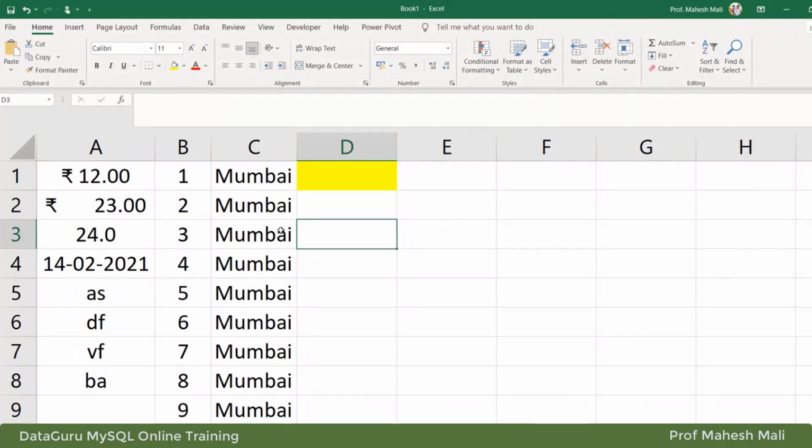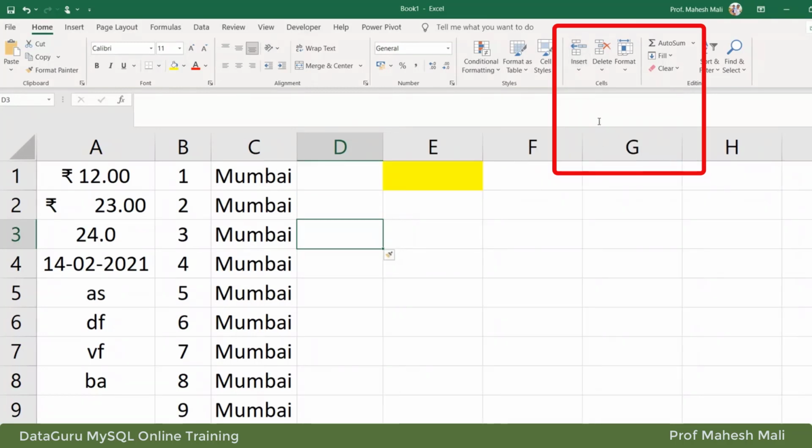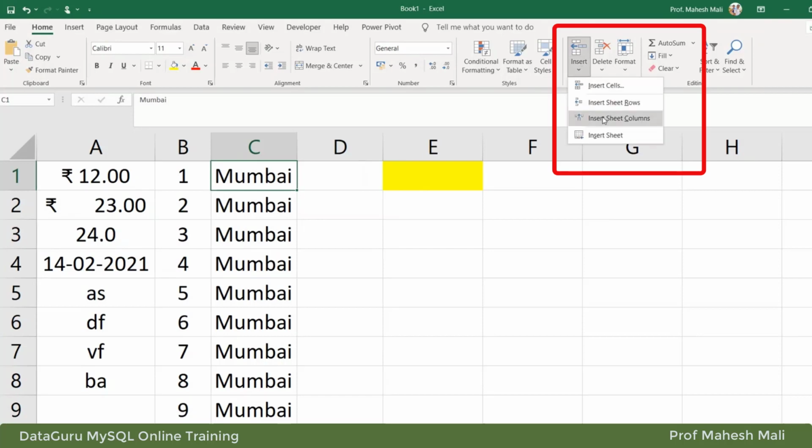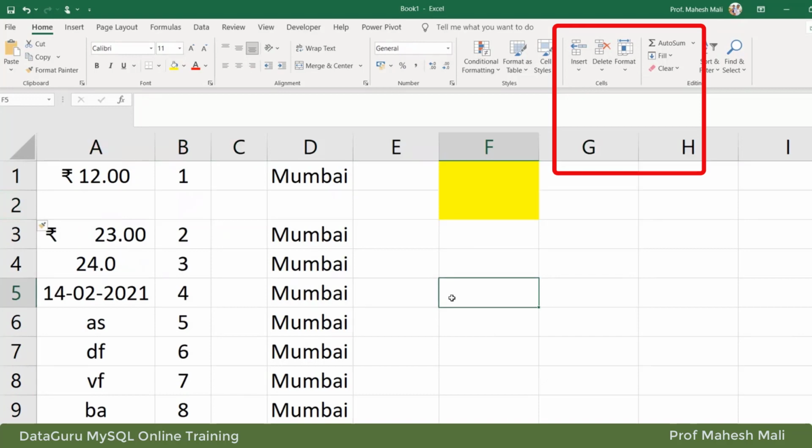Okay, then suppose I want to format the columns and all, so this is used. This is the toolbox which is used. Insert a column. See, between B and C we have to insert one column. I'll insert. If between 1 and 2, 2 and 3 I want to insert one row, I can insert a row. Column insert देखा, row insert देखा, cell insert कर सकते हो आप, ठीक है.